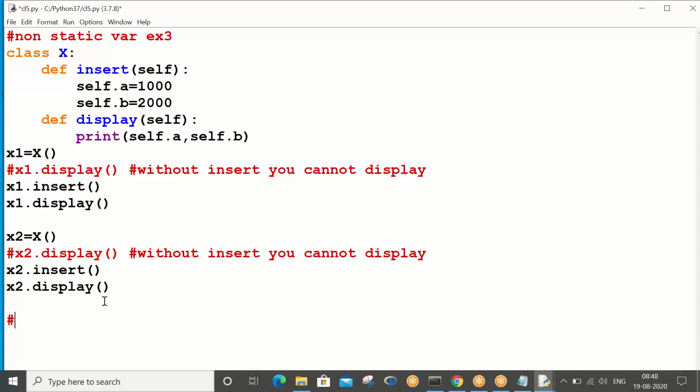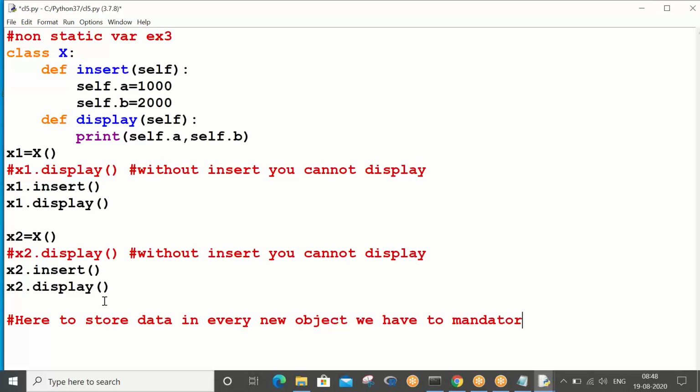Okay, here you can write down one point. To store data in every new object, we have to mandatorily call the insert method.